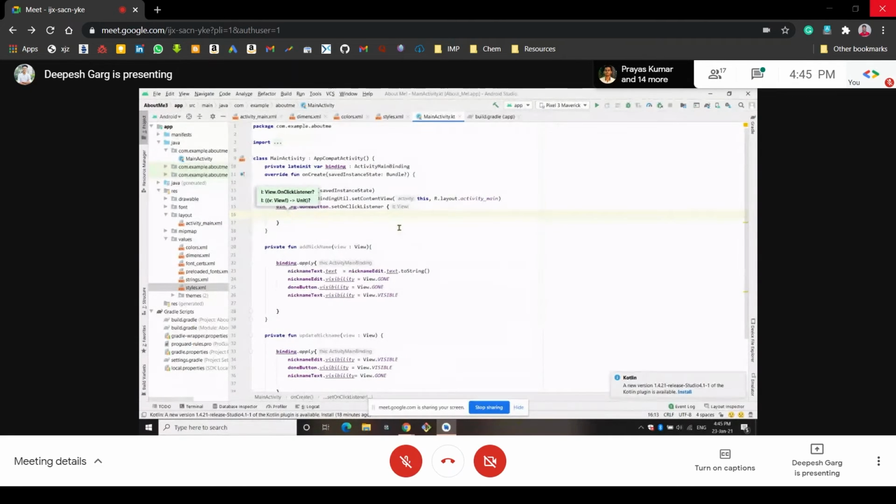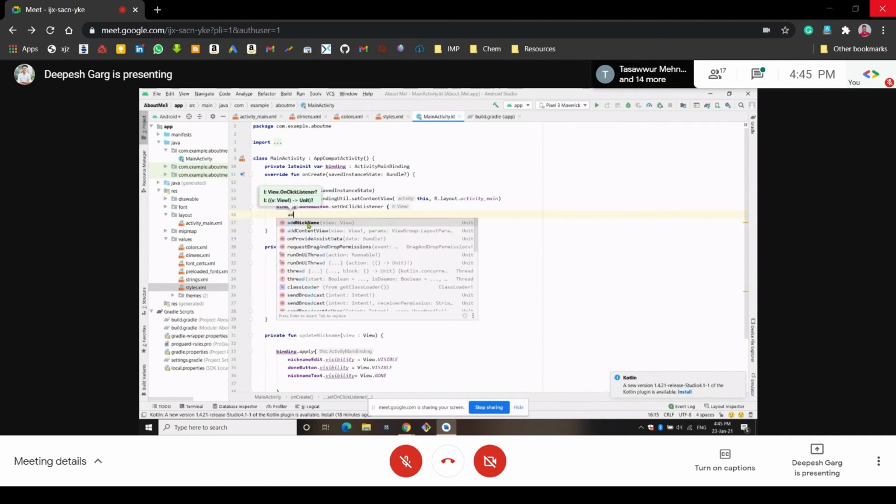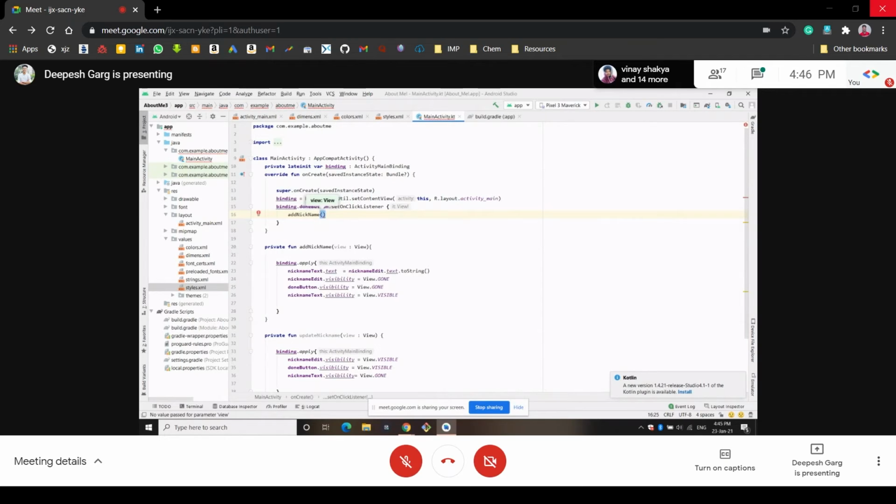You can see that it is a type of keyword created by default. It will refer to that view, so we have to give this argument to the function so that it can refer to that view whenever it is called, like whenever this done button is clicked. So we will call this add nickname function and give one argument called it.